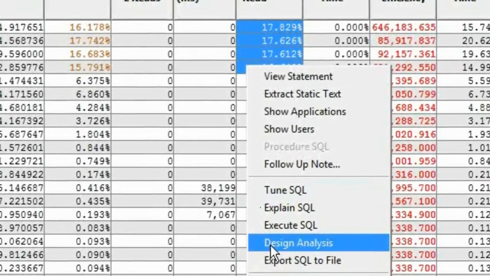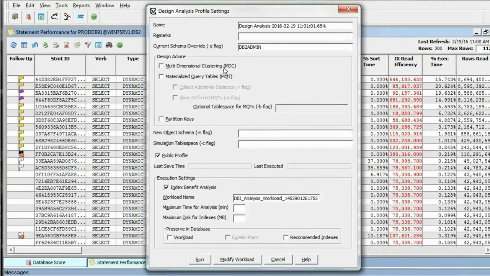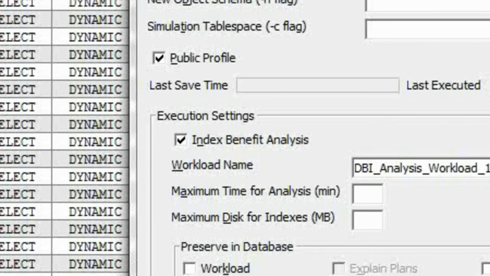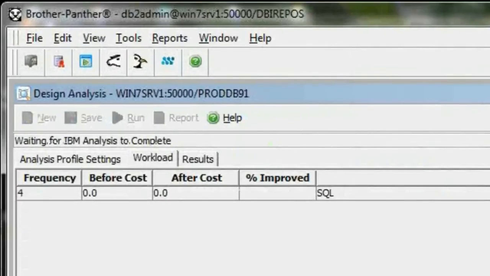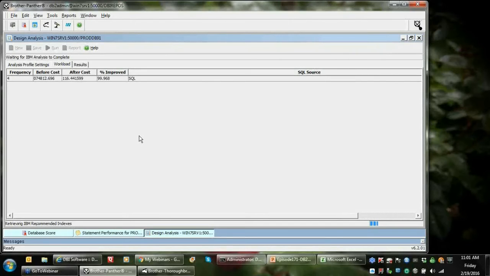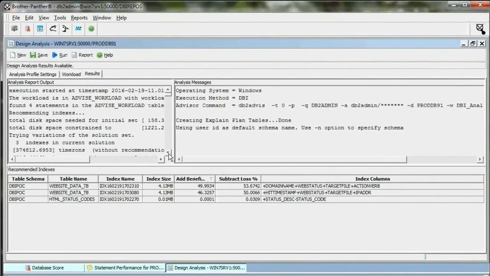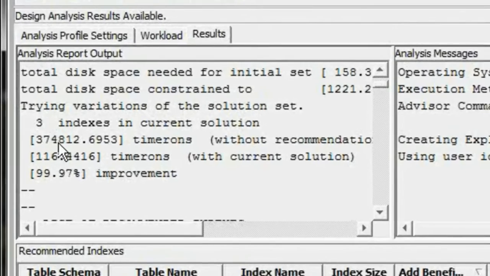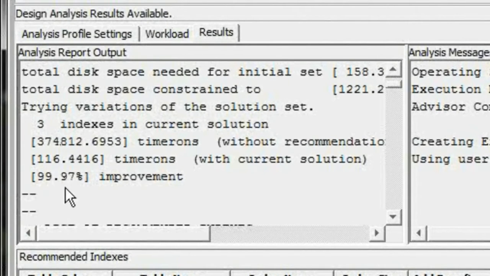I can pass those as a workload to the design advisor and apply DB2's advanced index benefit analysis methodology. So here's an I/O bound database, 2/3 of all the I/O in 4 statements. We're waiting for the answer here. Oh, outstanding. And we can see we're going to get from 374,000 timerons down to 116 for a